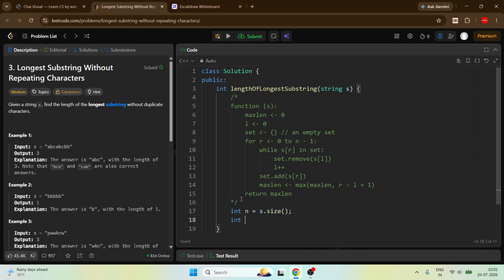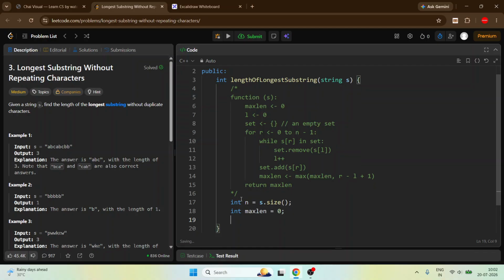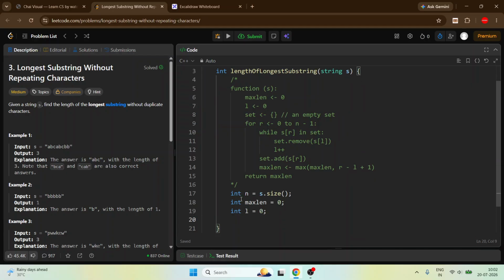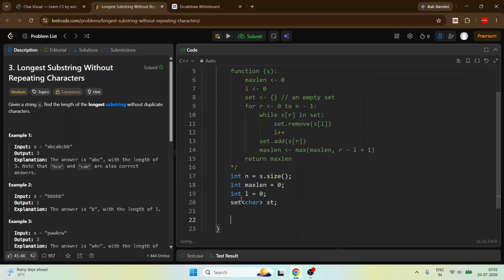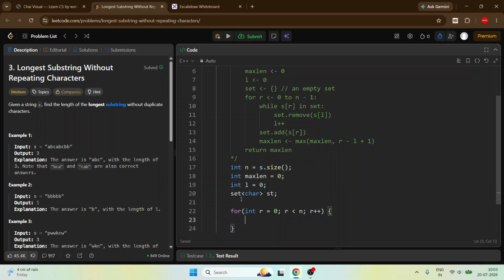Now take a maximum length, which is nothing but our answer at the end, and take a length which is nothing but 0, and take a set which takes char type, st. Now for r, int r, it's starting from 0 till n,